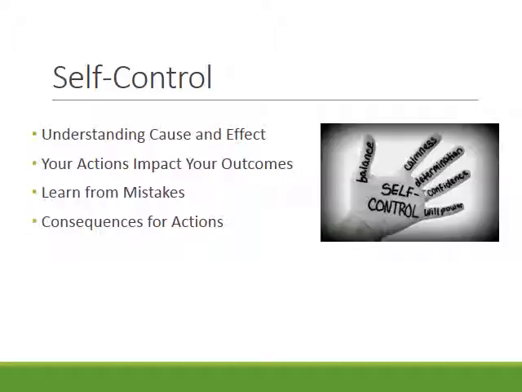Many of our young people, even adolescents, have not been taught self-control. These are kids who live in a psychological world of chance rather than cause and effect. Things just happen over which they perceive no control, so they are not responsible for the outcomes. When they want to do better on a test, they wish for a lucky day. When they want to stay out of trouble, they hope that you are in a good mood. These are young people who do not learn from successes or mistakes and consequences for their actions, and do not change behavior. They do not examine circumstances in a cause and effect framework. They simply have good days and bad days.